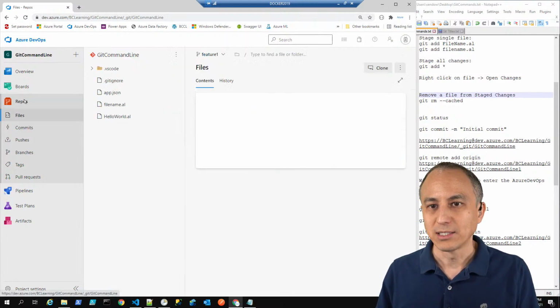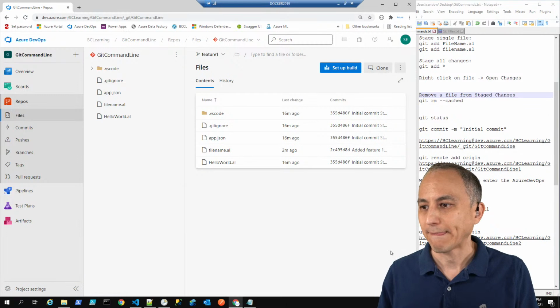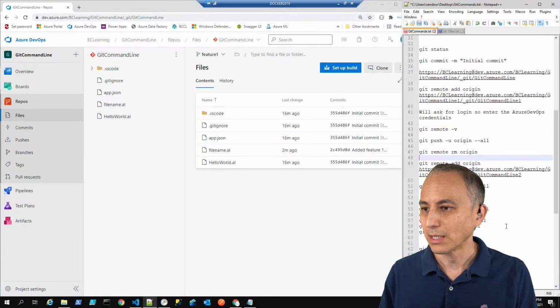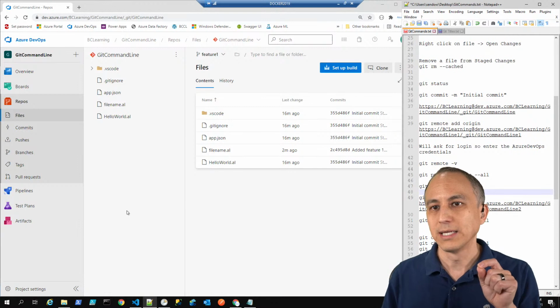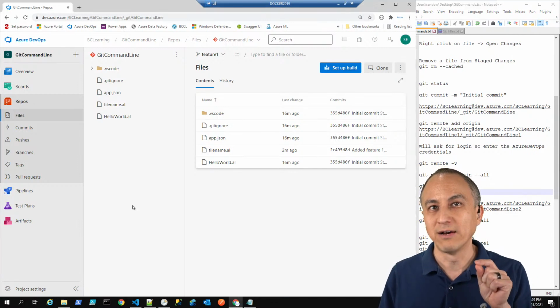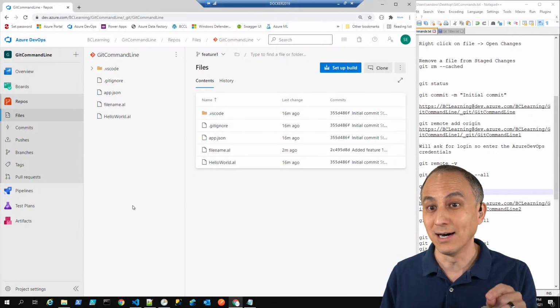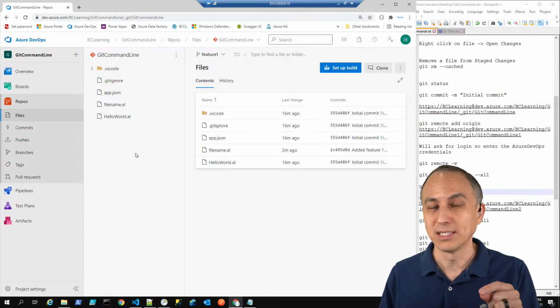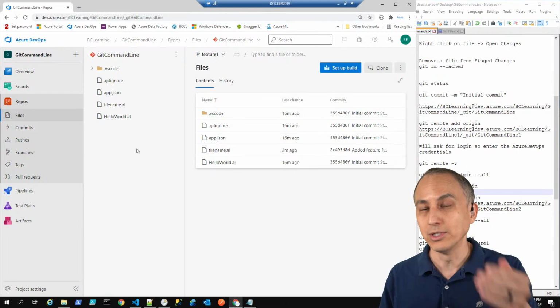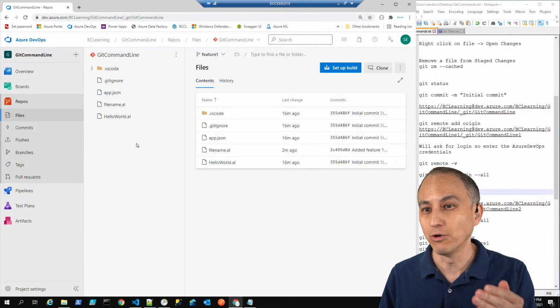So let me go back to my repo here. Okay. And what else do we have? Now, a couple things I've found in the UI of Azure DevOps that I do not like. And let's give this a try. This is kind of off-roading, but it uses the command line and will show you a few things I do